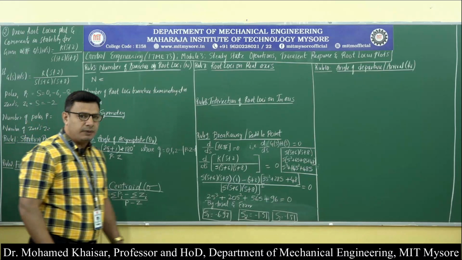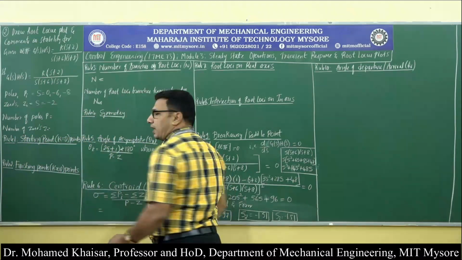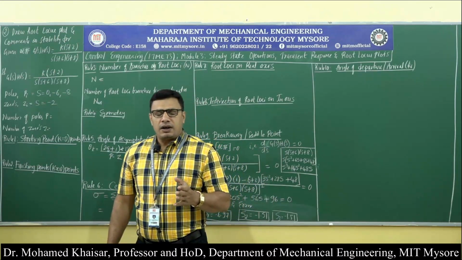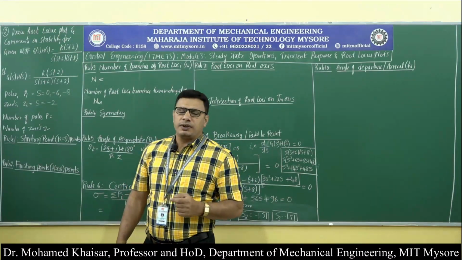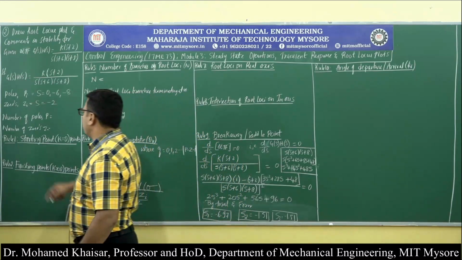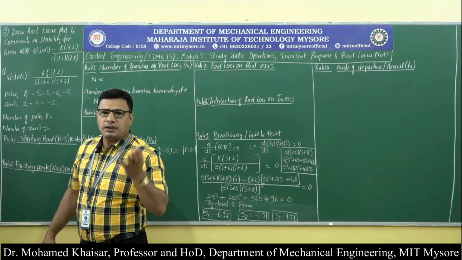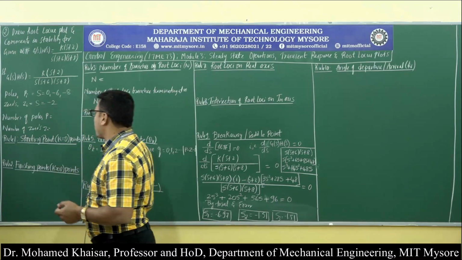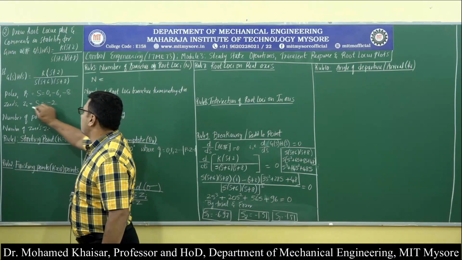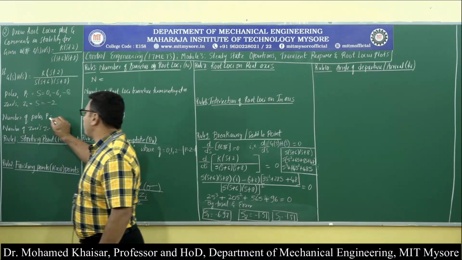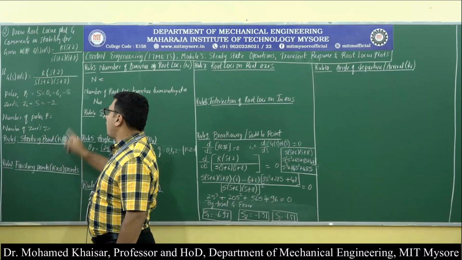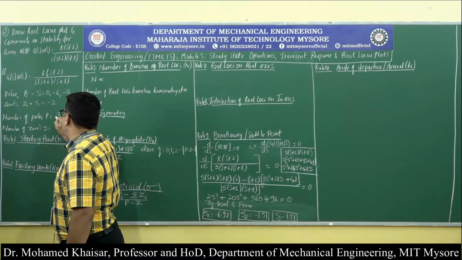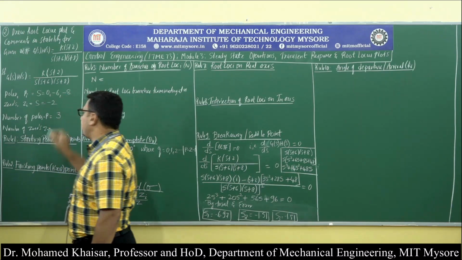As per the previous sessions, we know that all poles are the starting points for the root locus plot, and all zeros will be the finishing points for the branches of the root loci. So all poles we have noted down, and the zeros we have noted down. Now the number of poles is denoted by capital P. How many poles are there? 1, 2 and 3. So the number of poles, capital P, is equal to 3.